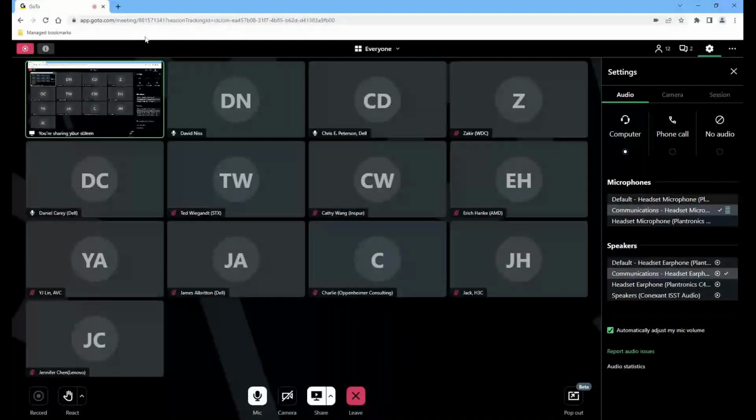So maybe, I have to remember how to do the share. I don't remember if it's in settings. Oh, there we go. It should be at the bottom of the screen. Yep. If I'm sharing a window. You are sharing your screen, which shows all of us right now. Okay, so